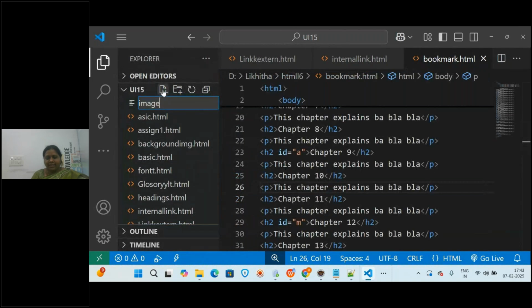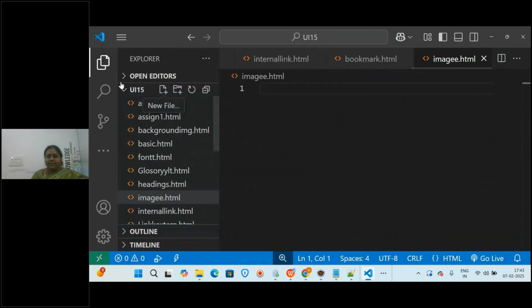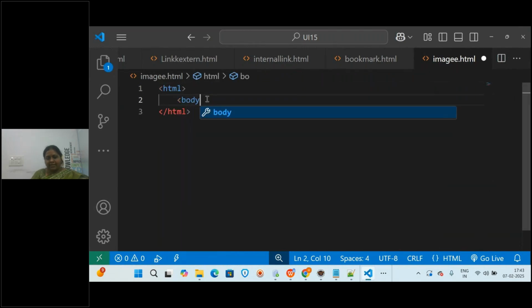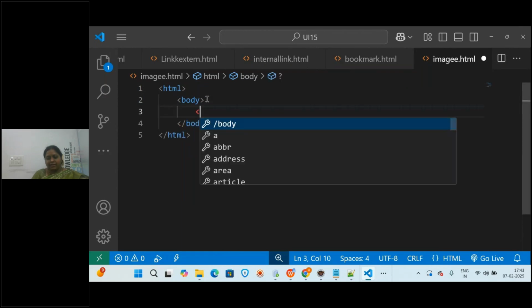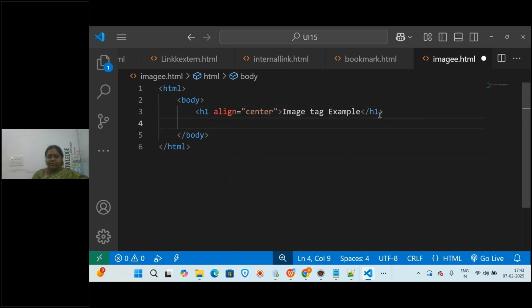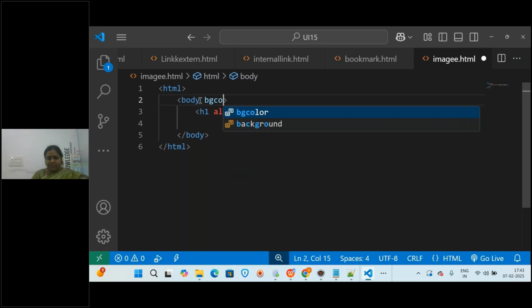Image dot html, and here I'm going to write html, then the body tag, and then here we are going to write an h1 heading, image tag example, and then align equal to center. Okay, and then I will write bgcolor equal to purple.